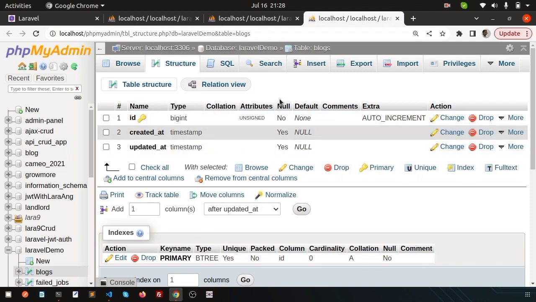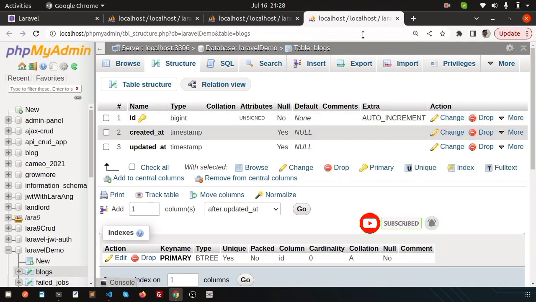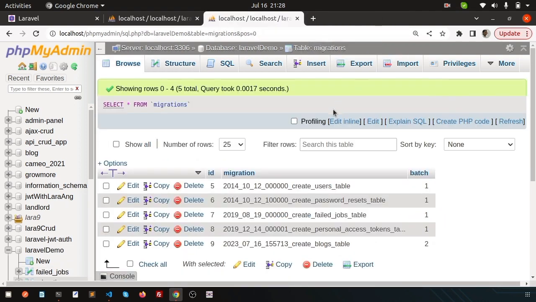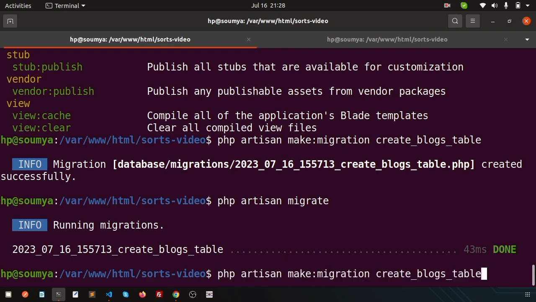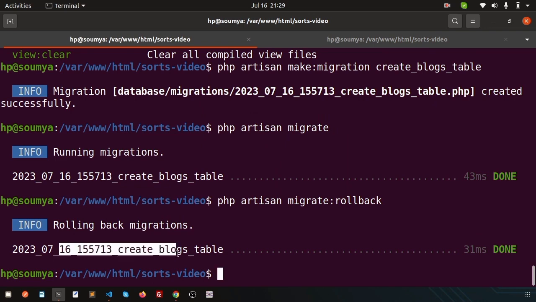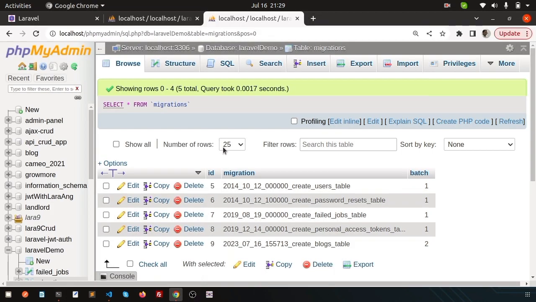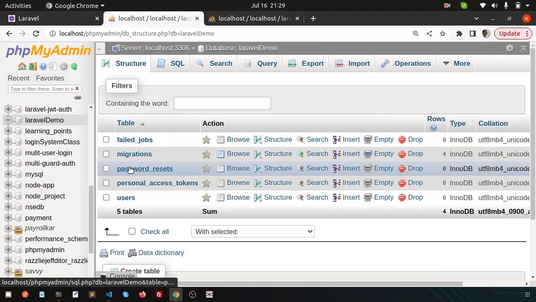Okay, so this is the simple blocks table creation, but there is no meaning to create such tables, so I need some columns. Okay, so the migration was wrongly done. Now I can roll back that thing. So if I roll back, then you can see that only the create blocks table is rolled back. That means if you browse, you can see the batch 2 is deleted. So the last batch will be deleted if you use the rollback command,